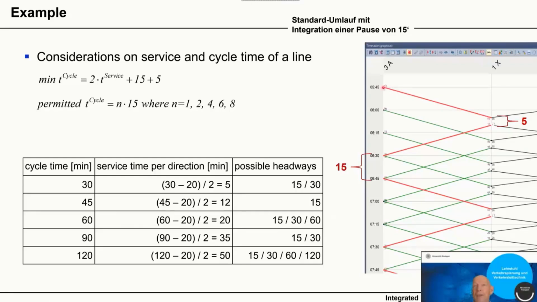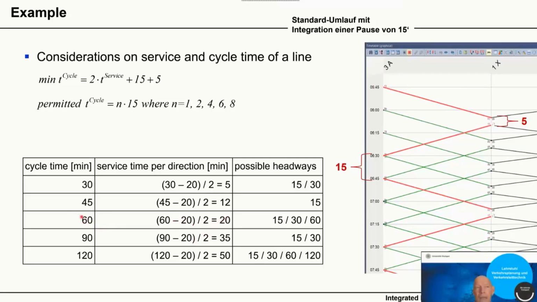For this example, in one direction, I need 20 minutes. So I need this type of cycle to serve this OD pair A to X. And for this one,